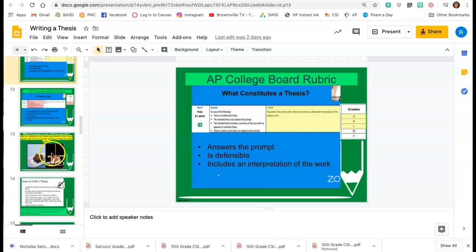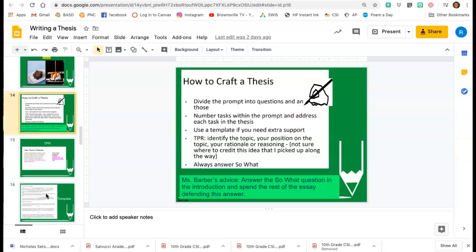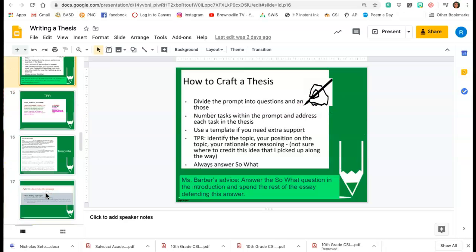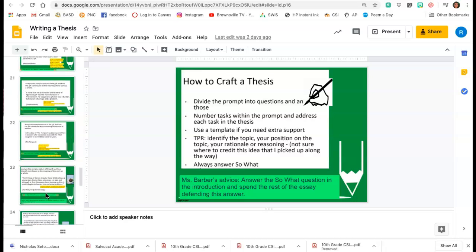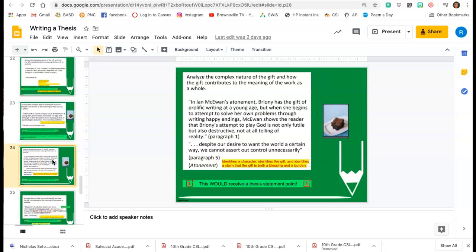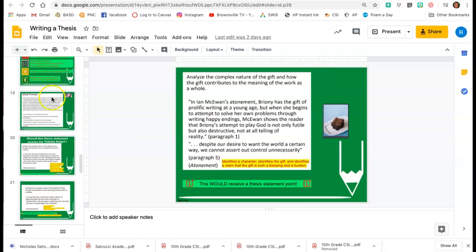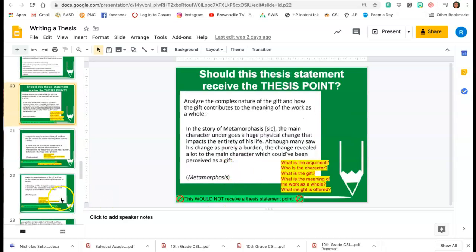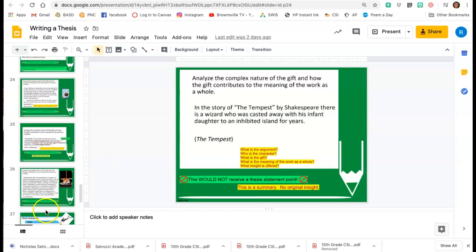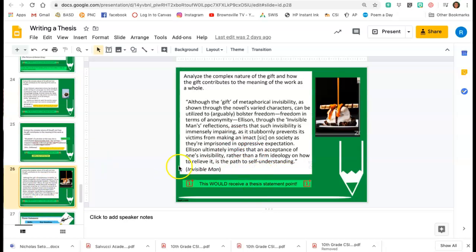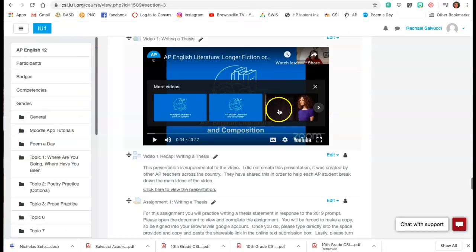I guess, go over the rubric, shows you again how to craft a thesis, just like we've been talking about: subject, assertion, and theme. It might be worded a little bit differently, but it's along the same lines. And also, you'll get to see what would receive the thesis point, as obviously this one would not, and they'll tell you what would receive the thesis point so you can see where your thesis might fit in, right?